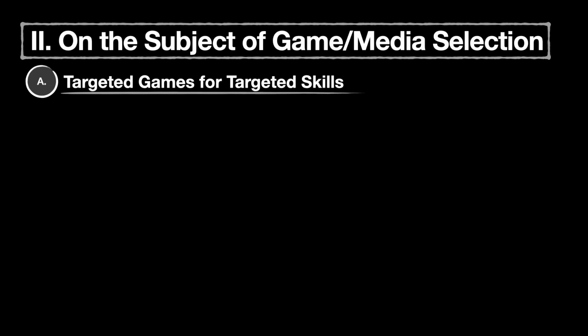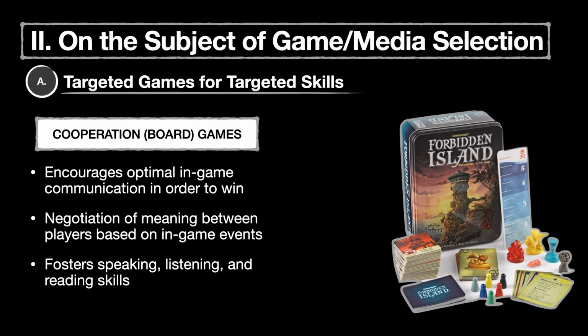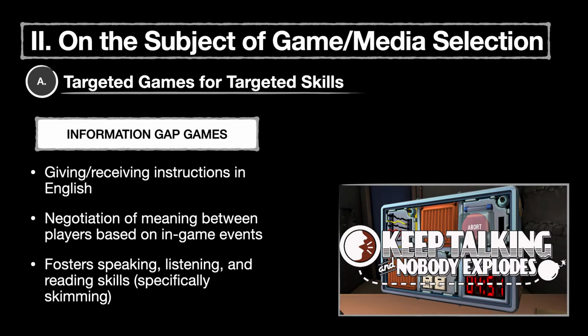Specific genres of games may be conducive to developing certain language skills. Massively multiplayer online role-playing games such as World of Warcraft have been shown to produce conditions conducive to second language acquisition through the linguistic interactions that occur between players cooperating together on quests. Likewise, cooperation games like Forbidden Island encourage optimal communication between players in order to overcome the gameplay mechanics that are working against them. Information gap games such as Keep Talking and Nobody Explodes not only require students to produce language,